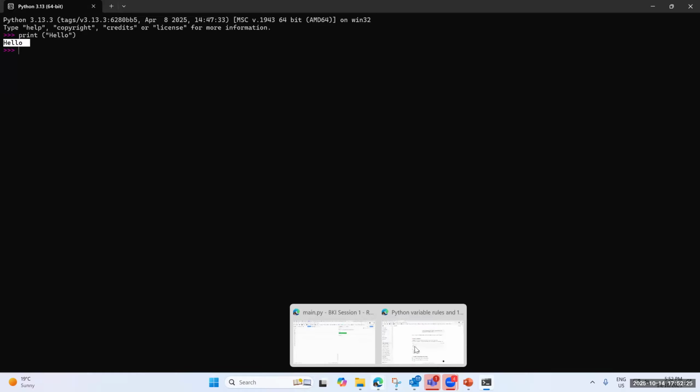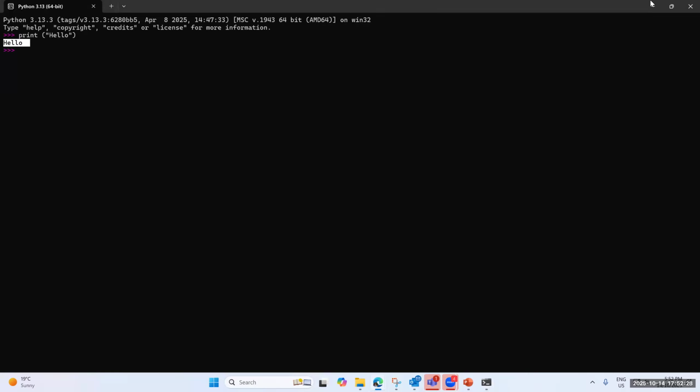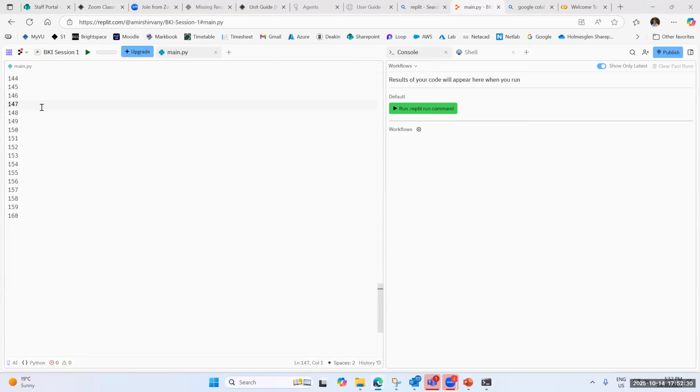If I go back to Replit, let me send this down, and here I type print, you see that it automatically suggests me something: Welcome to the tip calculator. It says, do you want to type this? And I would say no. I just want to type hello. Print hello. And if I go and press this run icon here on the top,